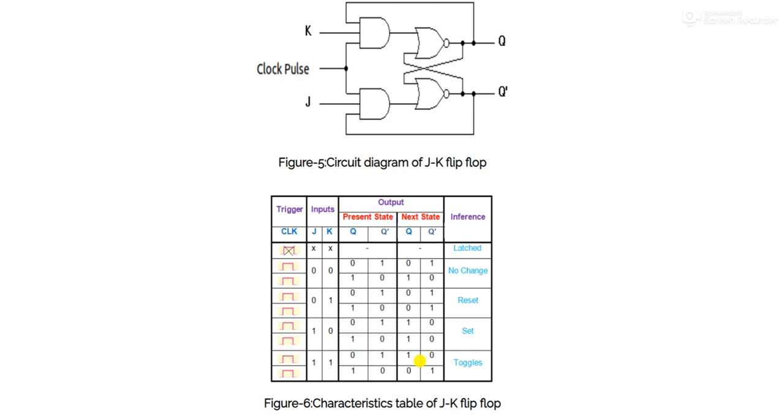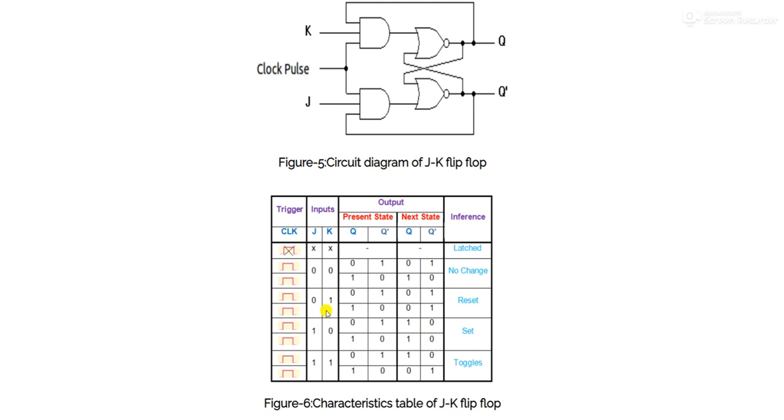Okay, the rest is the same as the previous flip-flop we discussed, that is 0 0, 0 1, 1 0. So in case of J equal to 0, K equal to 0, no change. For J equal to 0, K equal to 1, reset. For J equal to 1, K equal to 0, set condition. We have already covered the working, or the outputs 0 1 and 1 0, for the possible input combinations of J and K in our theory portion.